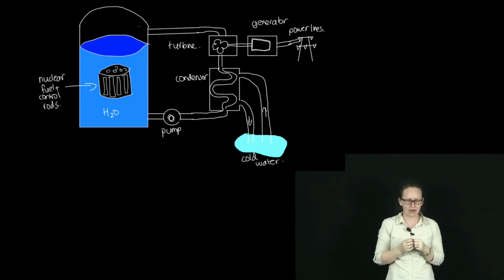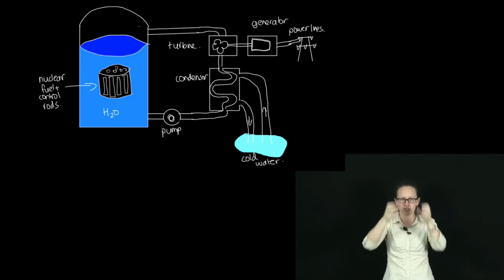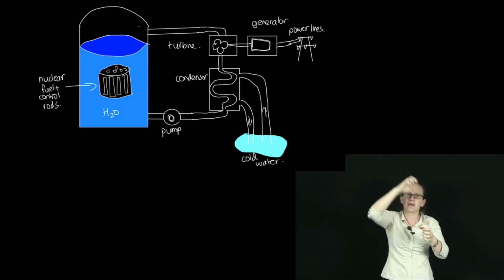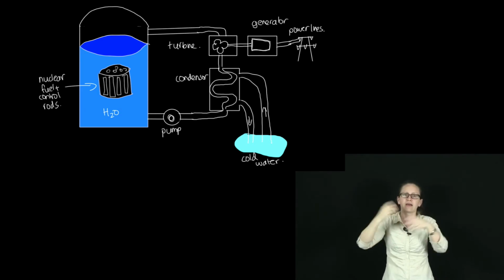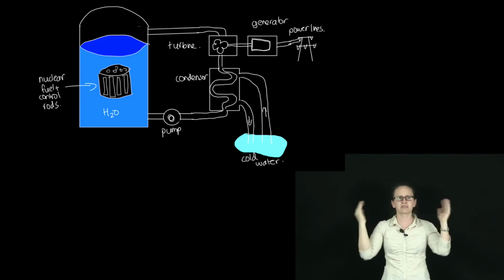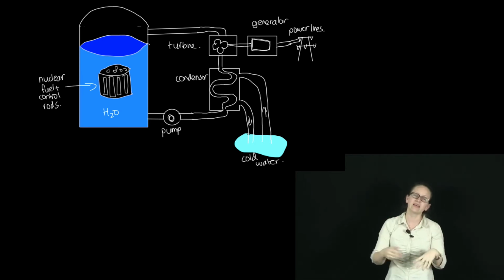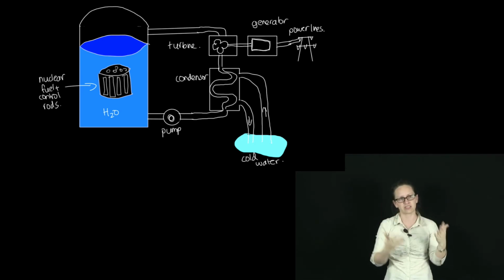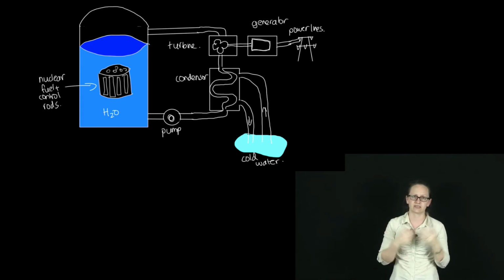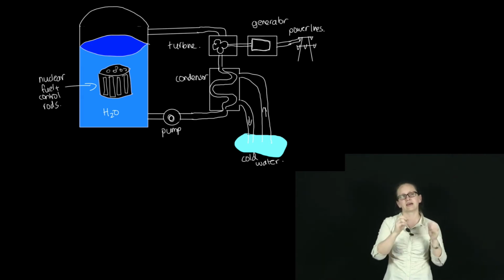In the nuclear power plant, we have the fuel, which is generally put as little pellets into a tube, and we have the control rods among those tubes. We then surround all this with water. Now the water is very important for two reasons. For one, it heats up and produces steam, and this steam turns the turbines. But the second function it performs is that the